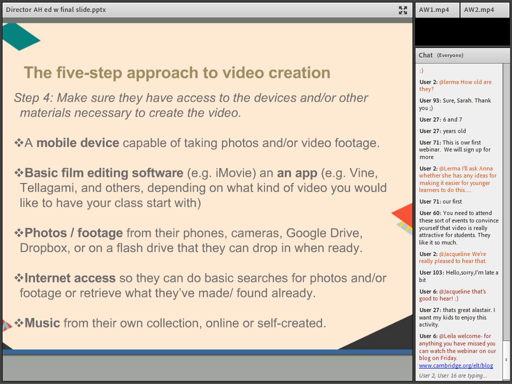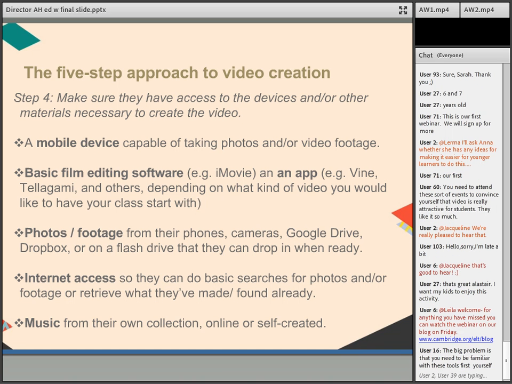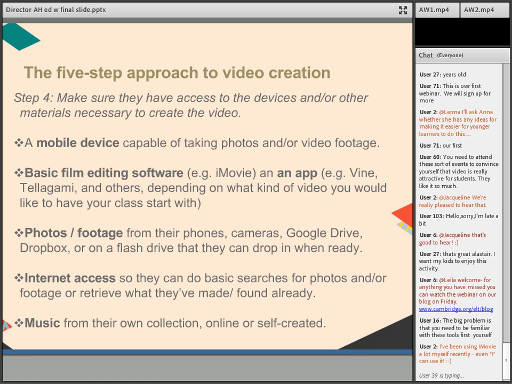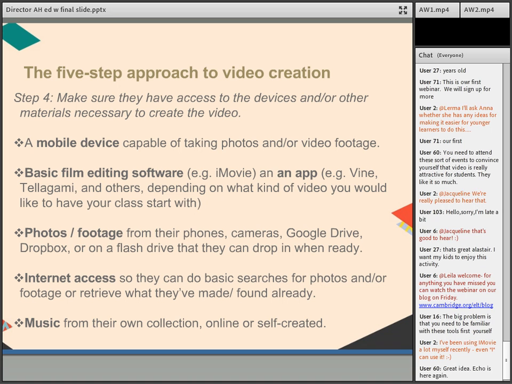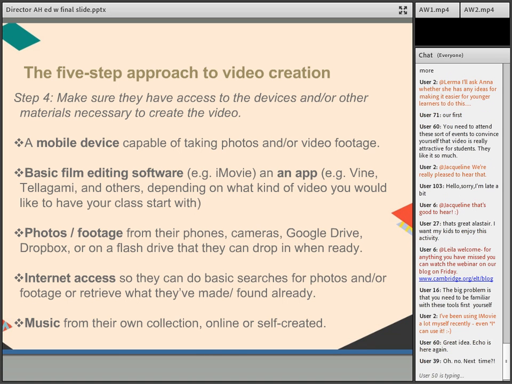You can go onto YouTube and find a short 5-minute tutorial on how to use the basic parts, but it's not one of these things. Film is no longer one of these very scary things that you can't approach and that nobody can do except if you went to film school for 4 years. It's not like that at all. These tools now are very straightforward, very, very easy to use, particularly if you have kids in your class who are really into this kind of thing. They'll just jump on it and be able to do it, no problem.